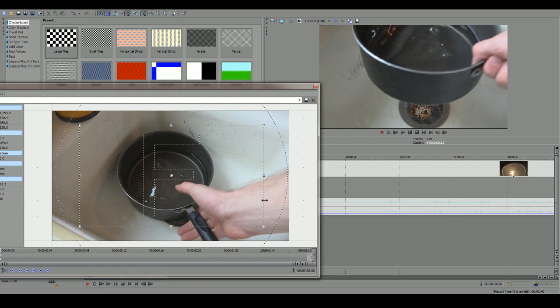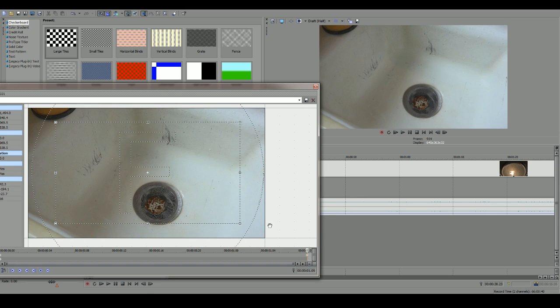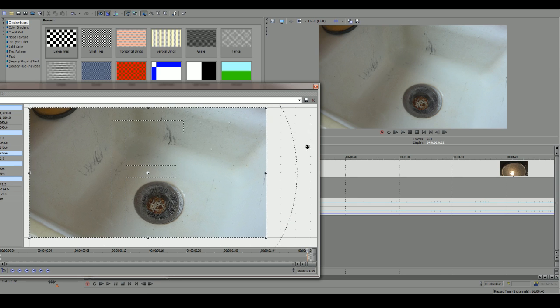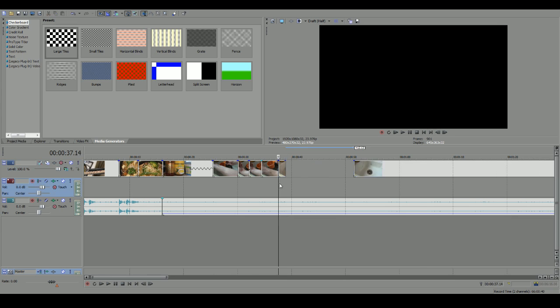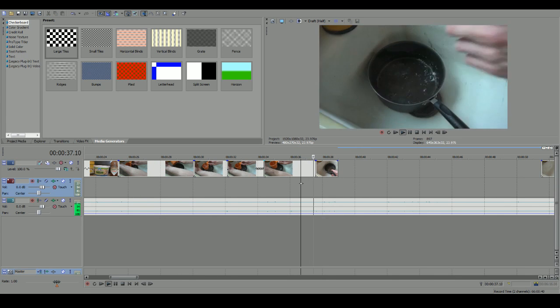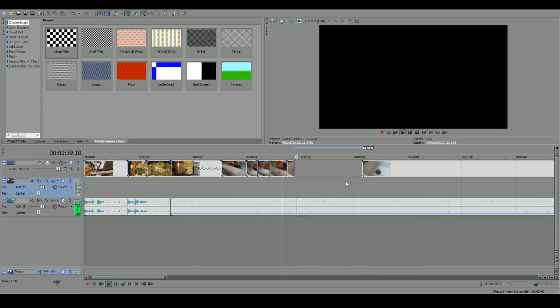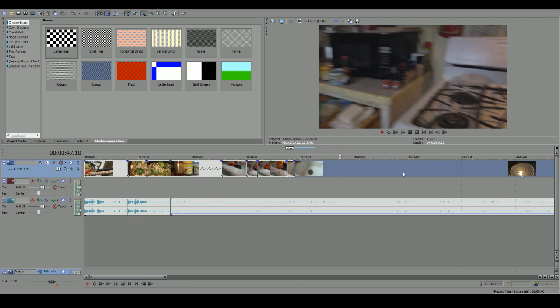Thanks, baby girl. So I'm trying to style right here. We're cropping in towards the bowl, and then as we pull it up and out of the sink, we're going to go back to a regular screen crop. I guess I'm not very good at explaining this to beginners. I should probably be a little bit slower, but whatever. There you go. So we got that, and then bam, pull the water out. Boom, kind of floating back. I like that. I just like to do random stuff to add depth to the video.